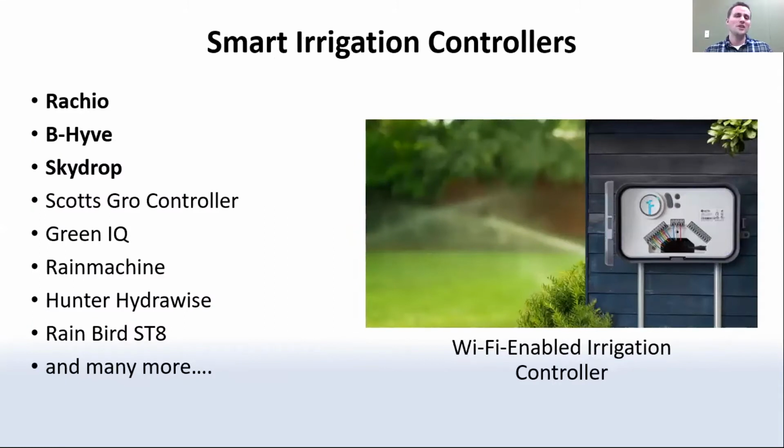But my research has been focused on these Wi-Fi enabled irrigation controllers. They all require a smartphone. There's an application associated with the controller that you can do a lot of things with. You can receive notifications on when your irrigation system is watering, when it stops. And I have the ones bolded that I've been working with, which are the Rachio, the Beehive, and the Skydrop controllers. Something of note though, bigger companies such as Scotts, Rainbird, and Hunter also have these Wi-Fi enabled